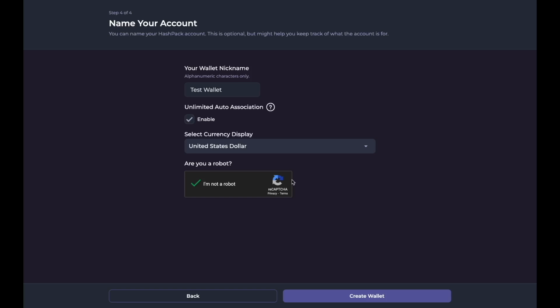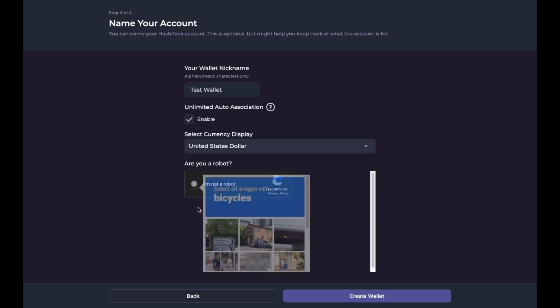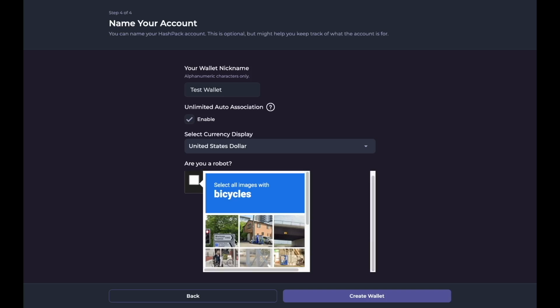So Hashpack was able to innovate around this problem, and this is a really, really cool feature they have, and I really like it. Because I have used Ethereum wallets before, and I've received tokens that I don't even know who's sending me.